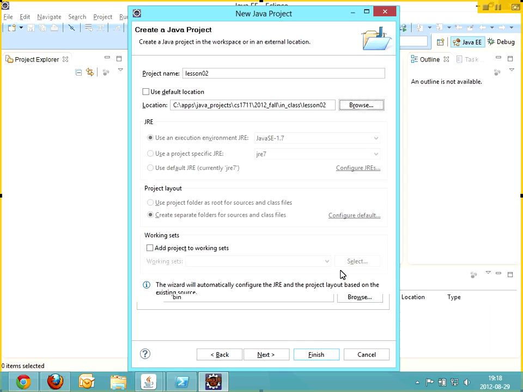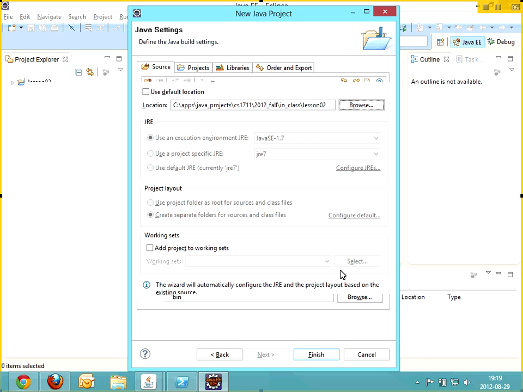I'm not going to make any changes on these tabs. I'm going to just leave everything alone. But I want to point out that there's going to be a directory called src created, and that's where I'm going to put all my source code, my .java files. My output folder is going to be the bin directory. So when Eclipse compiles, all the Java code is going to put all the .class files into the bin directory